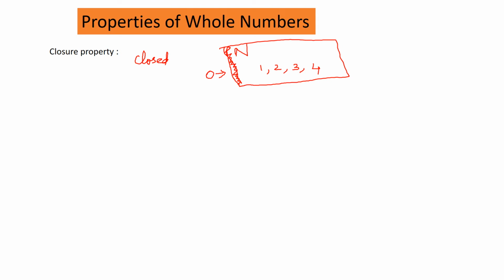Now, closure property, when I take whole numbers, I am talking about whole numbers now. This closure property I'll see on adding two whole numbers, multiplying two whole numbers, subtracting two whole numbers, and dividing two whole numbers. That is, whenever I do addition, subtraction or multiplication, will the answer I get be inside it or will it be outside? That is the question. You pin on my presentation, only then you will see it.